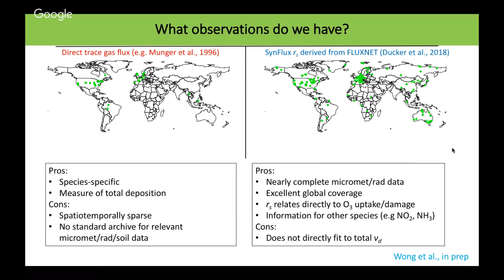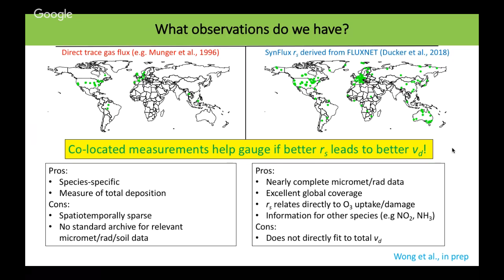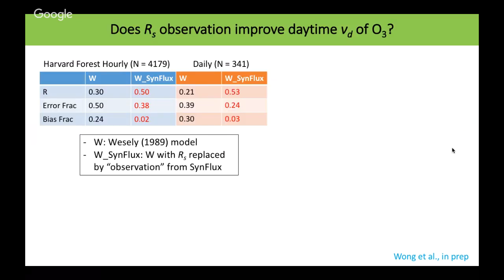And also stomatal resistance is not species specific, so constraining stomatal resistance can help us constrain not only ozone uptake and ozone damage, but also gives us information about NO2, SO2, and ammonium deposition. But it does not directly fit to total deposition velocity. So collocated measurements can help us gauge if a better stomatal resistance leads to better deposition velocity. So, is that the case? The answer is, it is complicated, but